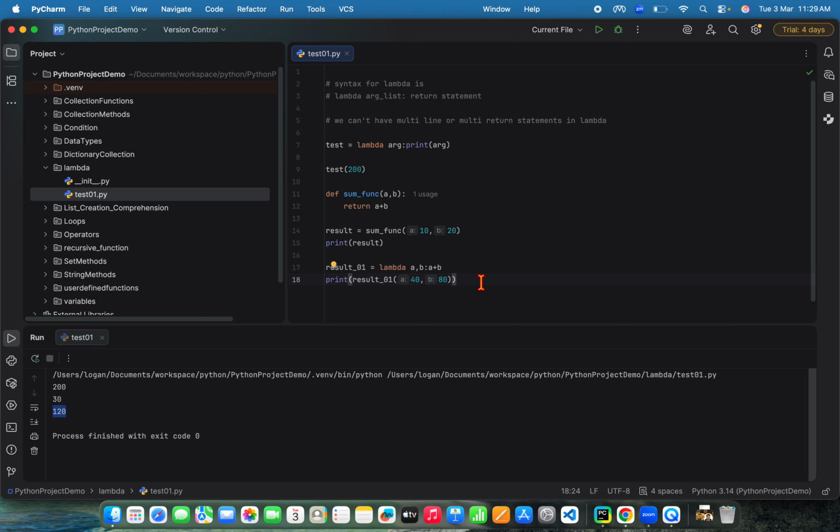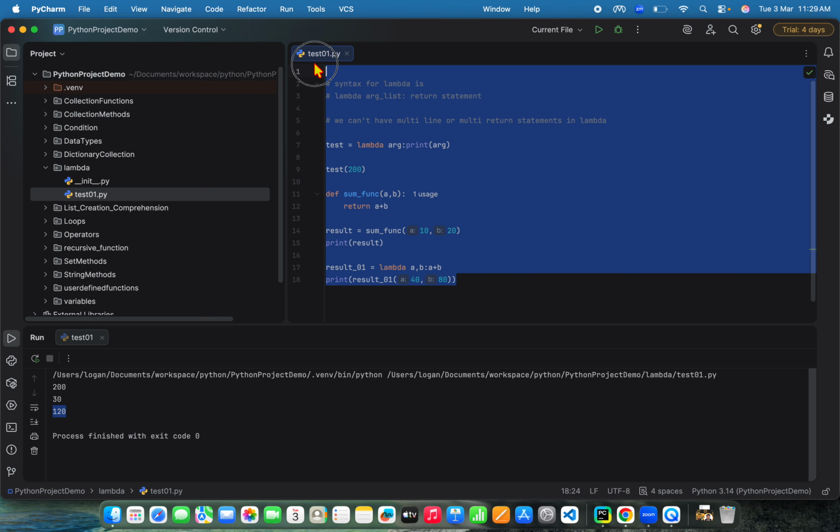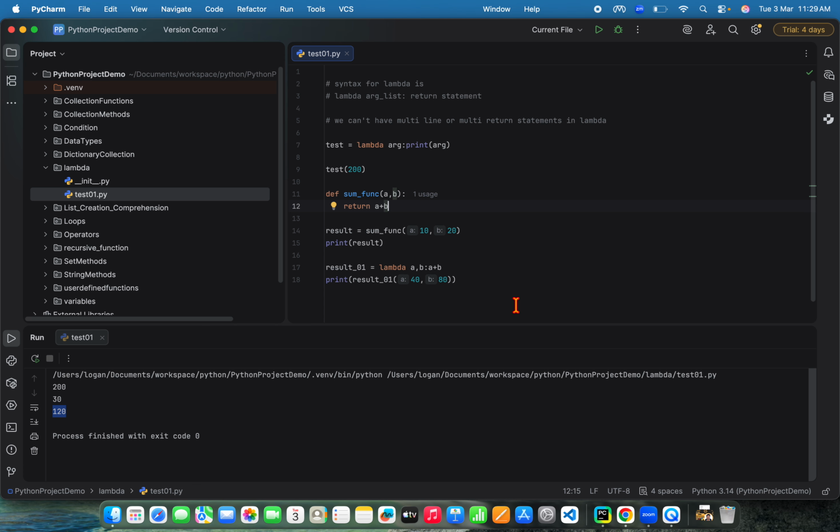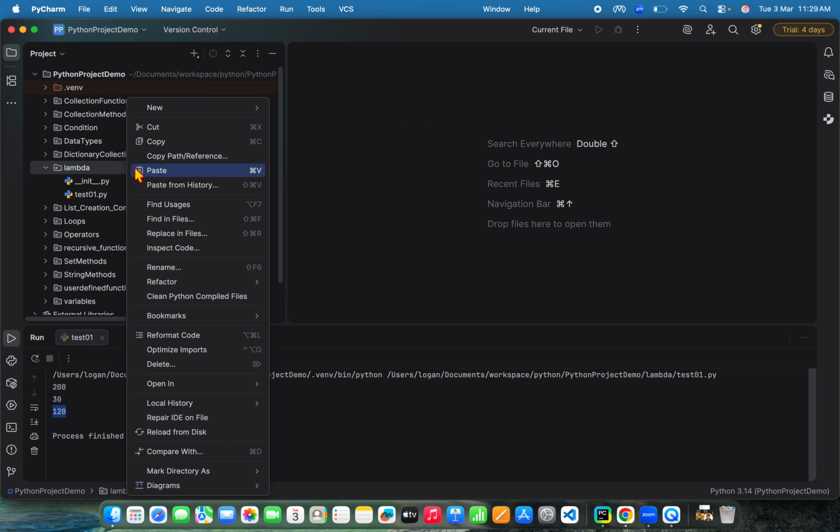With this said, I'll move on to higher order function. But I'll show you the practical example where we will use lambda functions in the upcoming videos. But right now, let's focus on what is lambda function and how can we create lambda function. And similarly, what is higher order function and how can we create higher order function. All right. So let me move to the next test file,